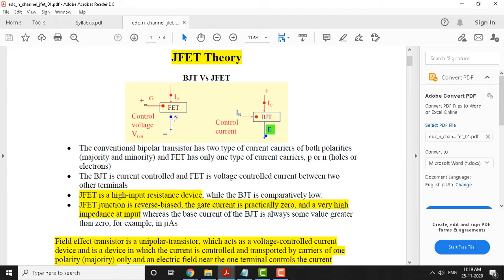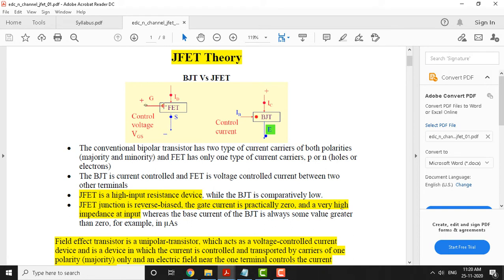This device, FET, consumes little power in the control mechanism, whereas in the BJT a constant amount of power consumption happens at the base, which is used for the control mechanism. That does not happen in case of the gate and source. Okay. So, more voltage is not consumed, though a negligible amount of gate current may flow here, but that can be neglected.